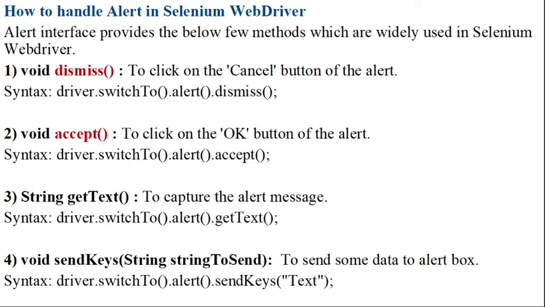Right, now one more thing is getText. If you have seen my presentation PPT, I have provided the image where you have two things: one is the warning message and another is the OK or cancel button. So how can you use this getText method? driver.switchTo().alert().getText(). Basically getText is the method to get that warning message or the pop-up message from the alert.